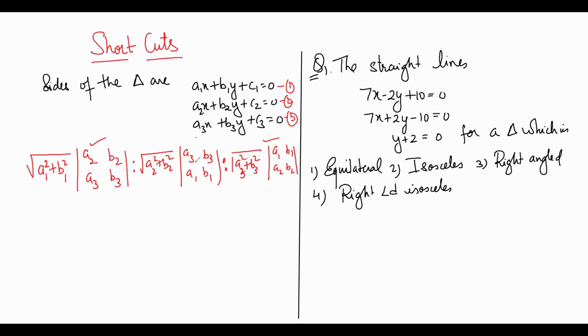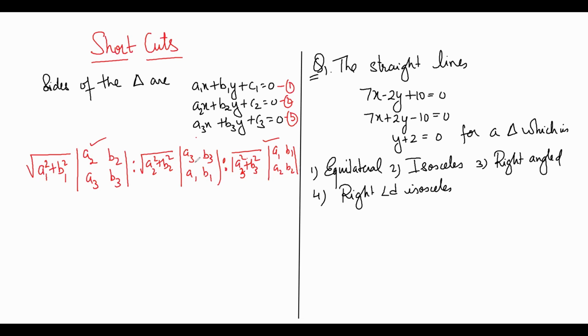Okay. Now, if all the three ratios are the same, suppose root 31 is to root 31 is to root 31, that means that the triangle is equilateral. If two ratios are the same, then it is an isosceles. If two ratios are the same and the Pythagoras theorem holds there, or you get a Pythagorean triplet over there, the condition is isosceles and right angle. So when you get Pythagoras only, then that is a right angle. If you get Pythagoras and two ratios are the same, then that is an isosceles right angle triangle.